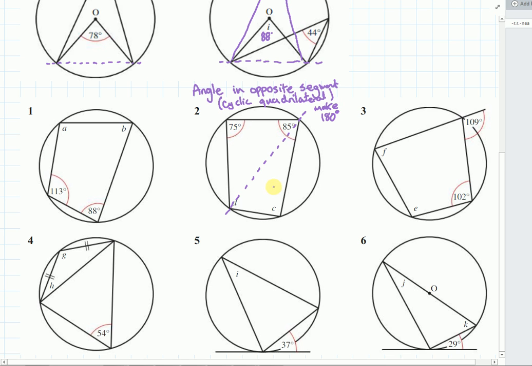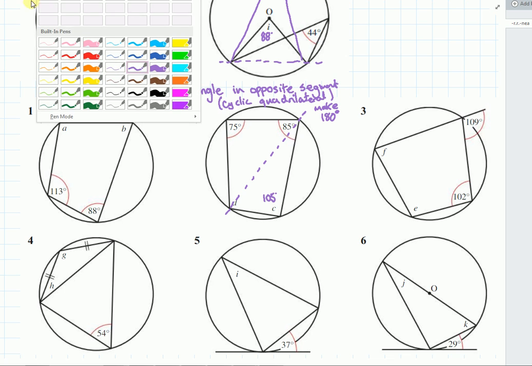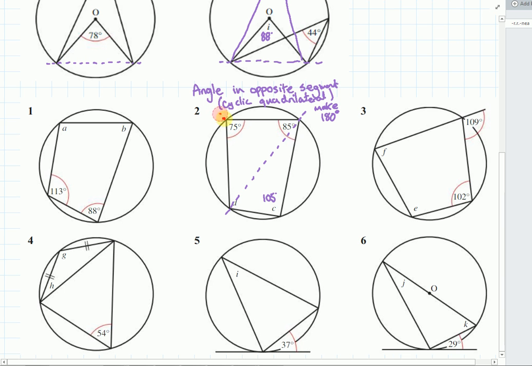So with the purple one, C must be 105. If I was to draw the one going the other way, D must have been 95, to make opposite segments make 180. Quadrilateral makes 360. Funny version of this, I'm only going to do E on this one. But if I do E on this one,